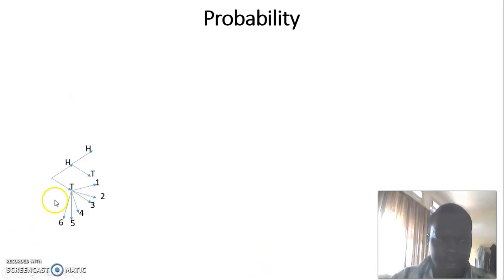Here we can see that a coin is tossed the first time and a head or a tail is observed, and a coin is flipped the second time